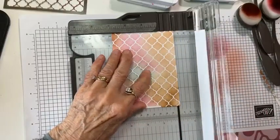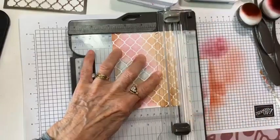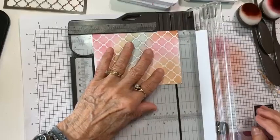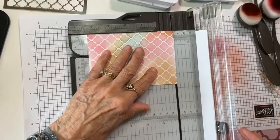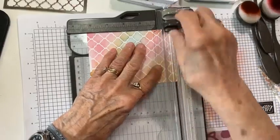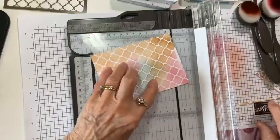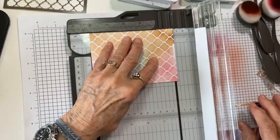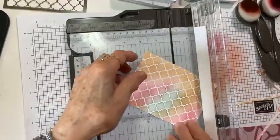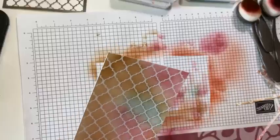So this needs to be at the 3/4. And the 5. We just need to leave room to trim both edges, and it be 5. There we go. So now we have our piece ready to use,